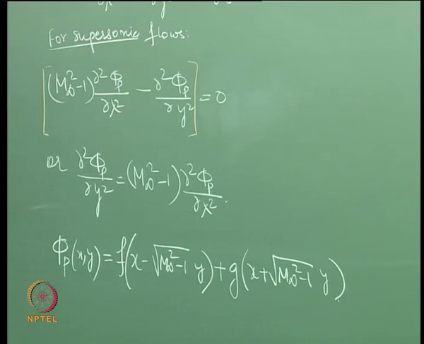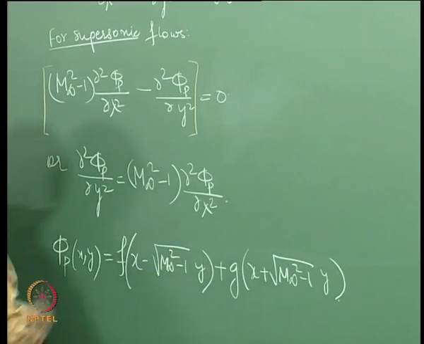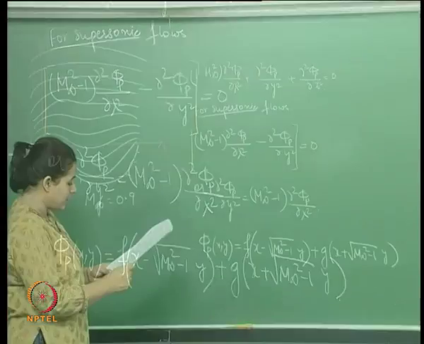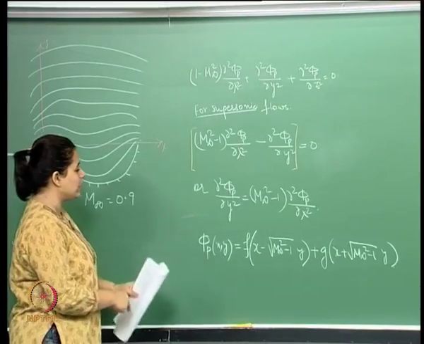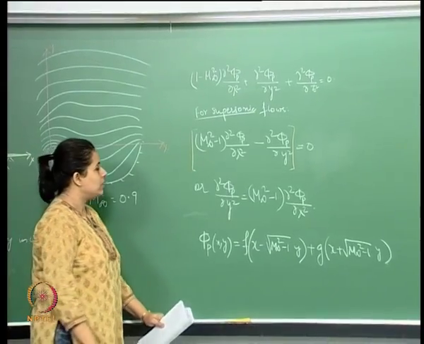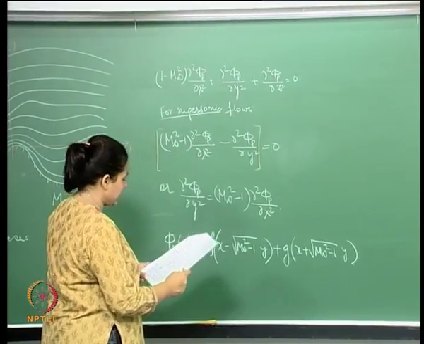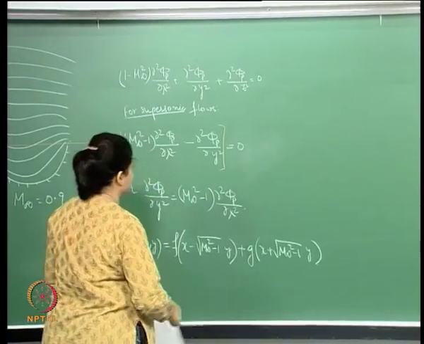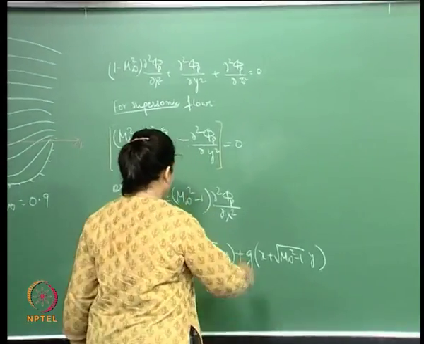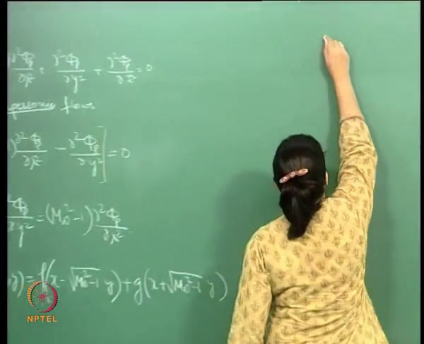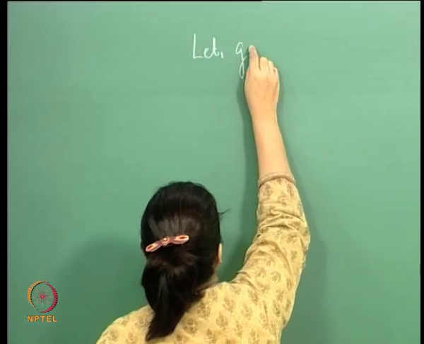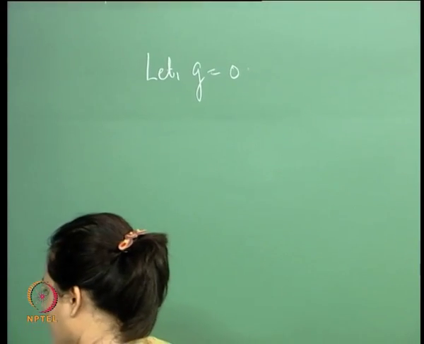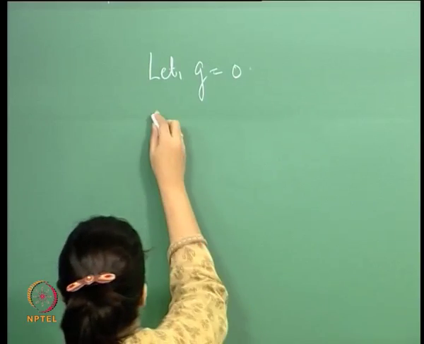Now, we used the method of separation of variables for the subsonic case. In this case, however, this is the wave equation, so we have a solution which will look like this. Now let us again go ahead and find an expression for this. To do that, we will set g equal to 0. To find a solution for that, we set g equal to 0. So that makes my